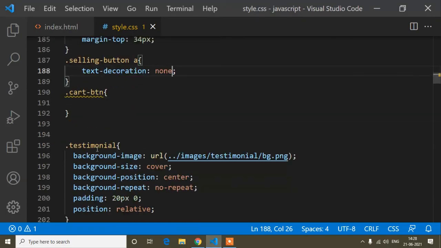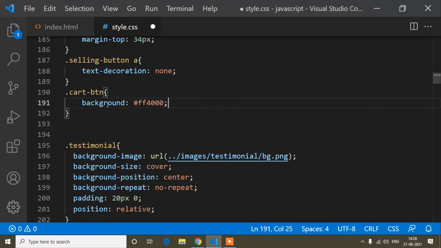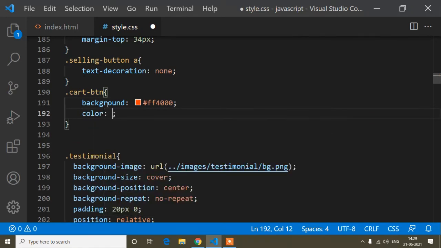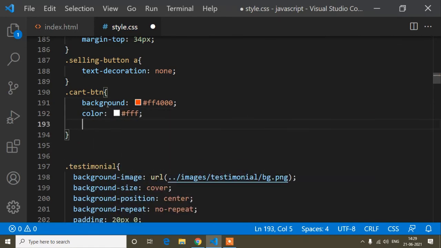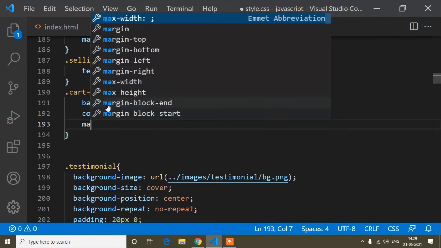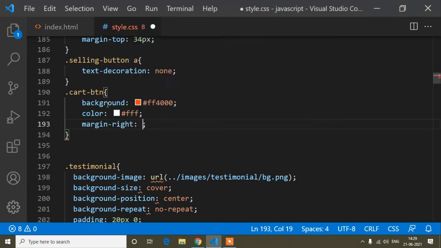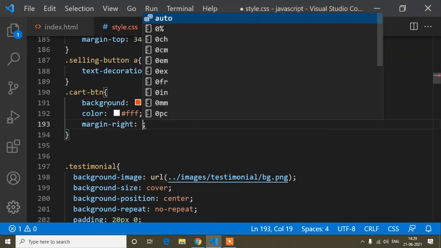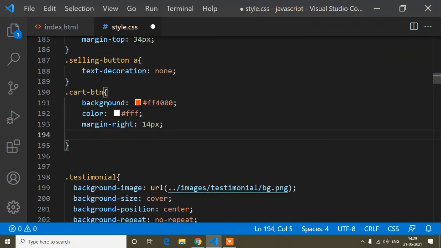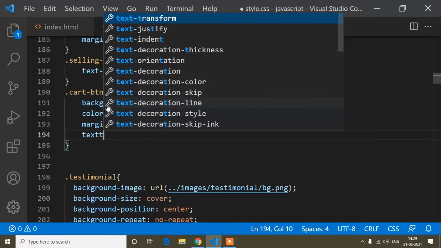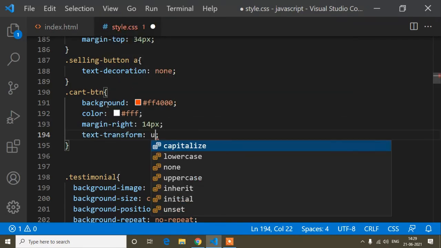Okay, now I'll add the design for this card button. First of all, the background. The background is this one. Color I will make light white, and text decoration I already removed, so I don't need that. Margin right is 14 pixels, and text transform is uppercase.